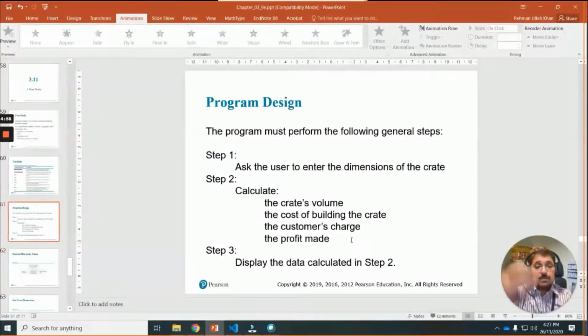So in this way, you will have to design steps: first I will have to do what, then second, and then what I will have to do. So you will plan the program on paper first, like this, not in coding yet. All these things are happening on paper first.